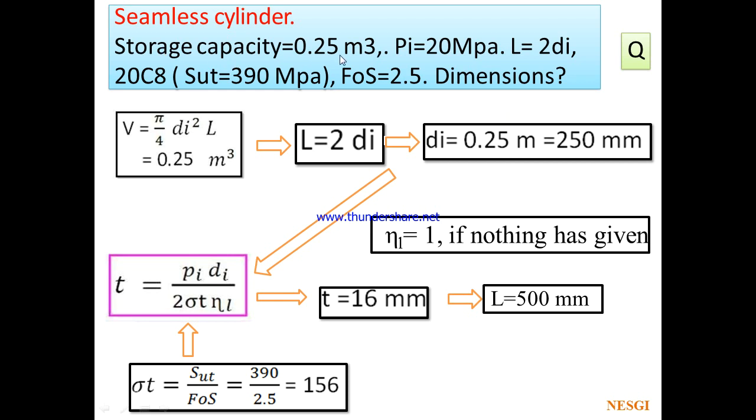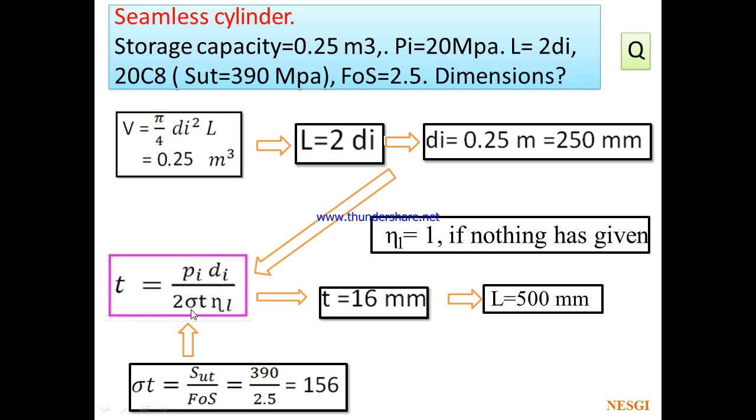Here the volume is given. Whenever you want to find dimensions, the first aim is to find the thickness. What is the thickness equation of the cylinder? It is given by Pi into Di by 2 sigma T into eta L. Eta L is not given, so you just take it as 1, or otherwise just neglect eta L. Pi is given, Di is not given, and sigma T means it is